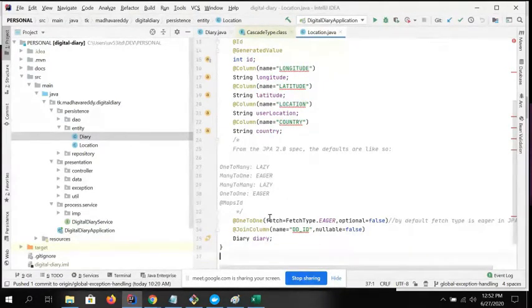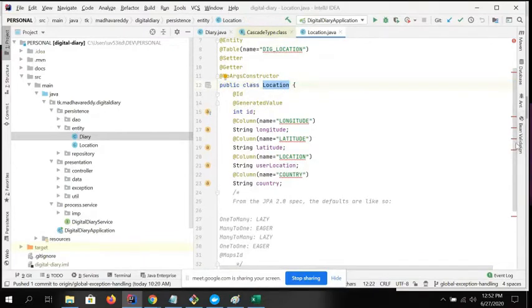And here when I specify join by column, there are different ways, and we can discuss those ways of relationship at a later point of time. One of them is join by column. When you specify @JoinColumn, what will happen is it will try to make this class the owner.